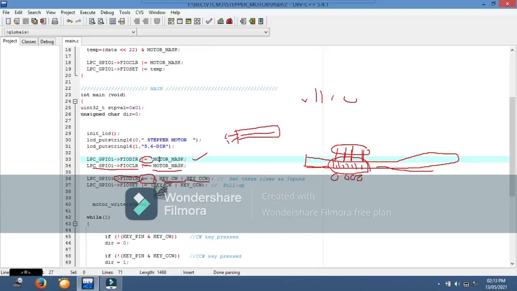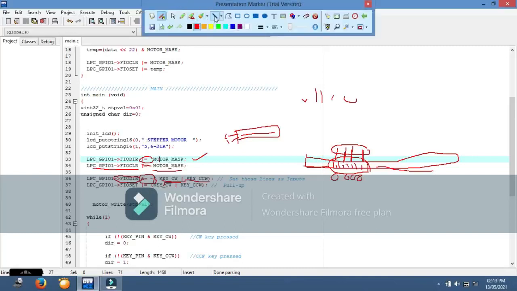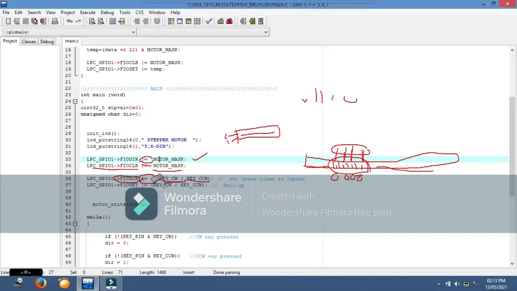This is how, in detail I'll tell you later sometime. Okay, next what we are doing, we are setting these input ports as 1, which these two together representing the 18th and 19th bits are 1, and those bits we are setting using the function FIOSET. FIOSET will set these 2 bits in the GPIO register.